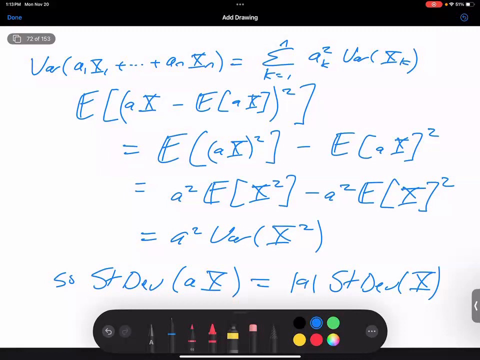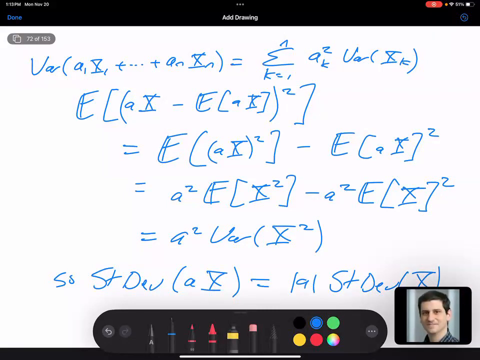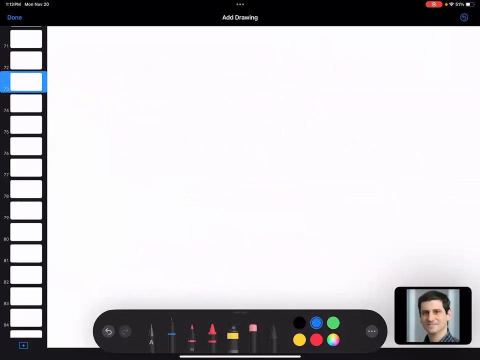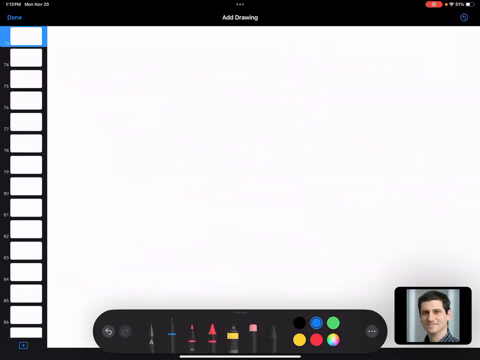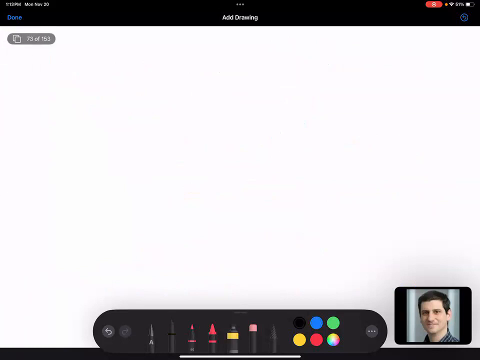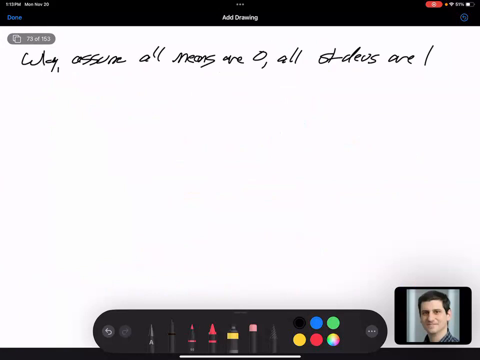So what this is basically saying is, if I have a nice random variable without loss of generality, what does its mean? 0. And without loss of generality, what's its variance? 1. So this is called the standardization process. And so, without loss of generality, just to make life easy, we can assume all means are 0, all standard deviations are 1. And let's study